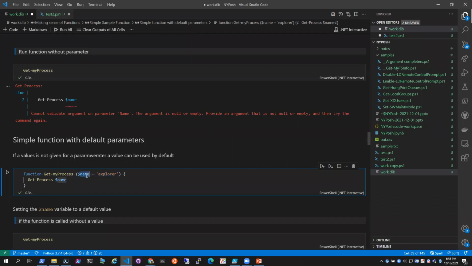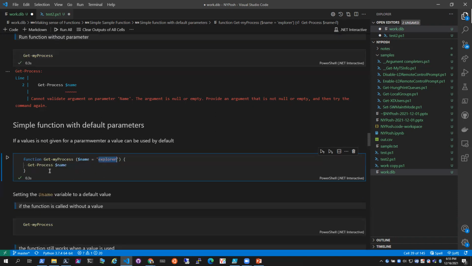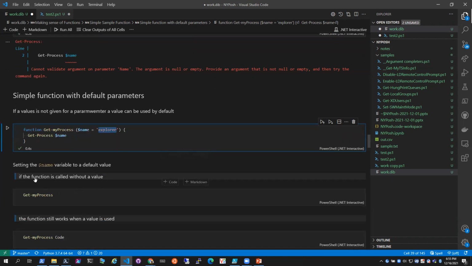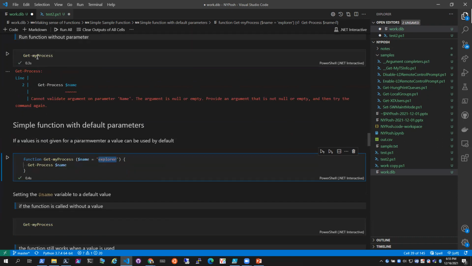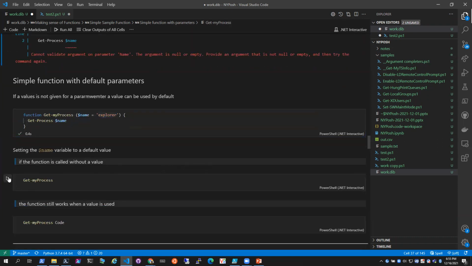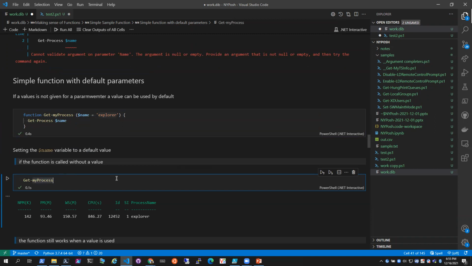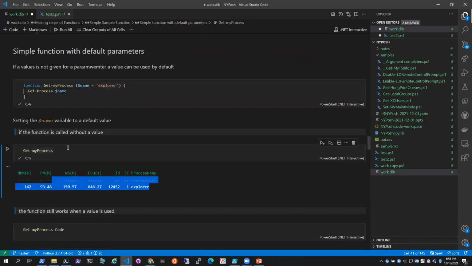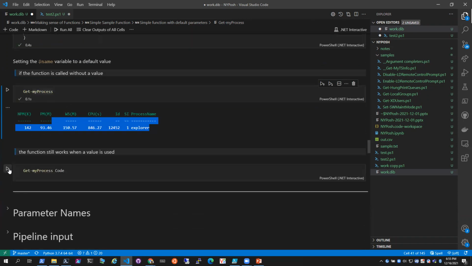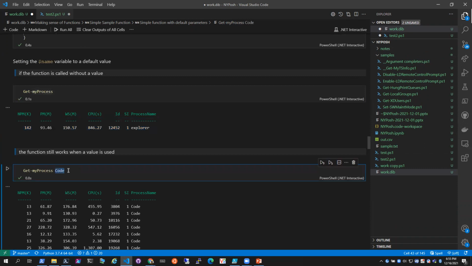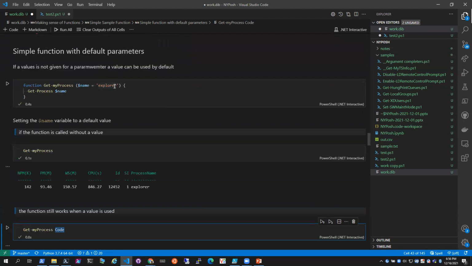So if nobody gives you a value for what's going to go into name, you're going to put something in there for them. So we're going to run this as well. The same function that we ran up here before, Get-MyProcess. We're going to run it again. And oh, I didn't give it a value, so I stuck Explorer into the name. And now I get Explorer instead of whatever I would have given it. But this functionality still works if I simply do the code just like I did above as well. So if I give it a value, it'll use that value. If I don't give it a value, it'll use whatever I have defined